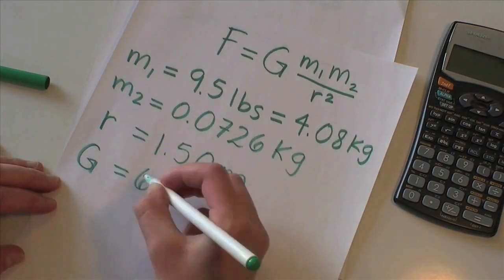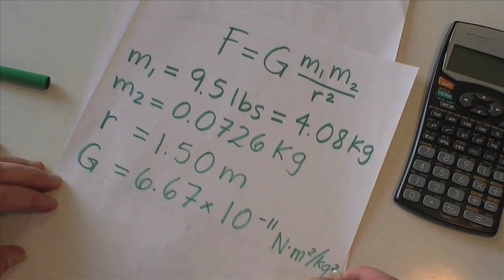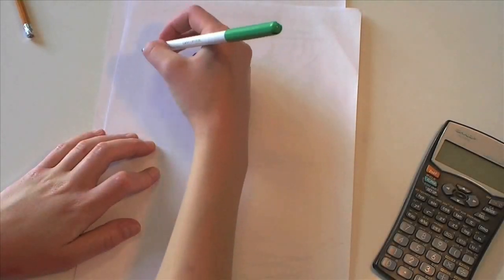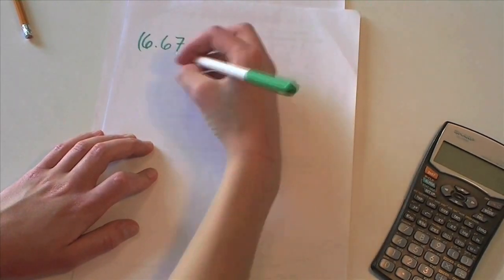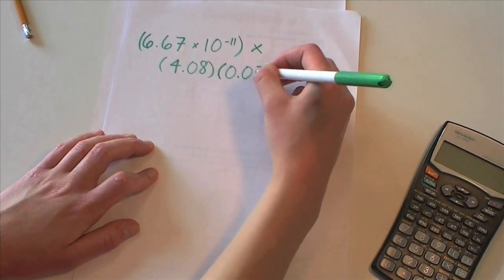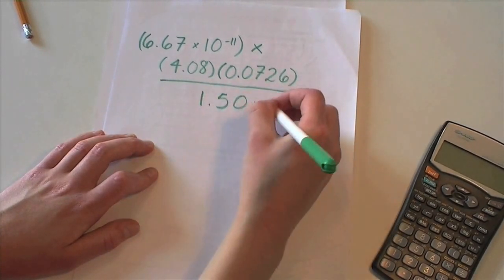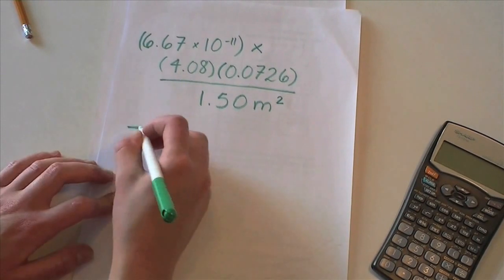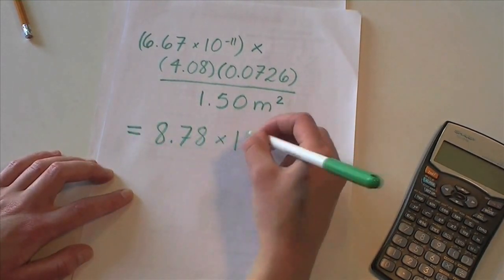The universal gravitational constant is 6.67 times 10 to the negative 11. So, we multiply everything by the gravitational constant times the mass of the cat in kilograms multiplied by the mass of the sonic screwdriver in kilograms divided by the 1.5 meters between the objects squared. It seems as though the gravitational force between the cat and the sonic screwdriver is 8.78 times 10 to the